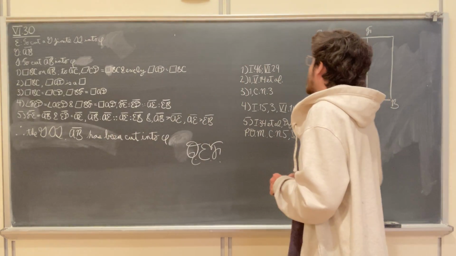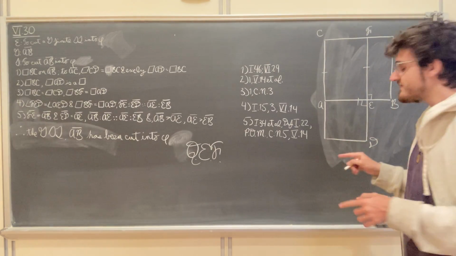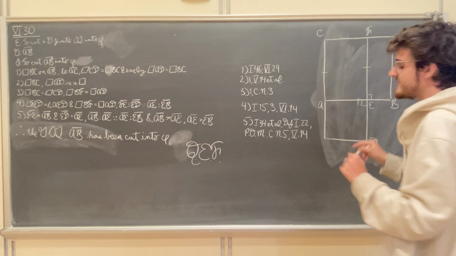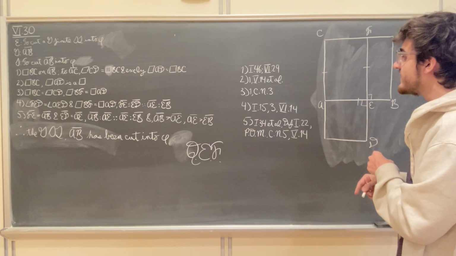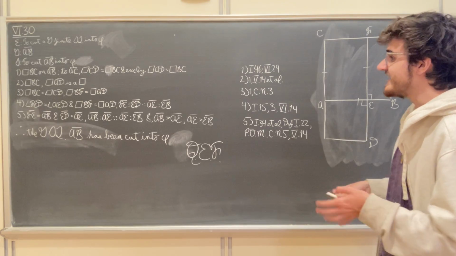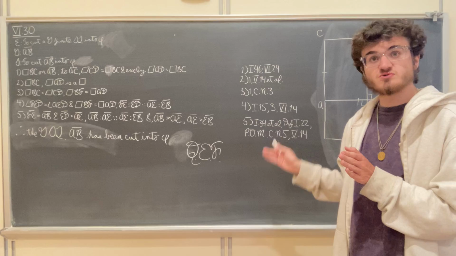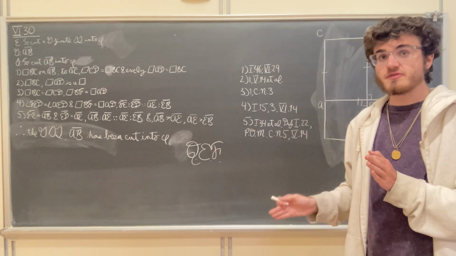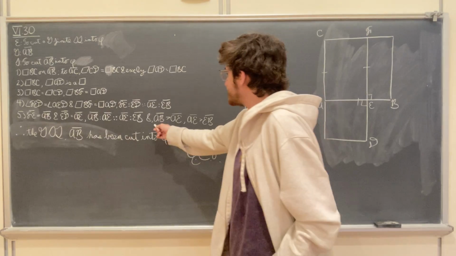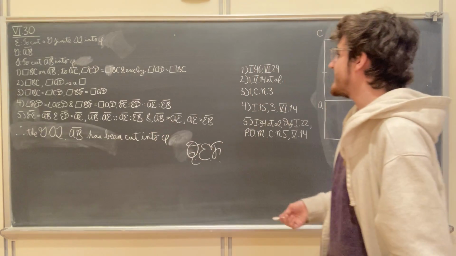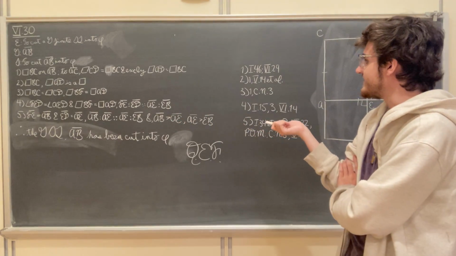Now, we know that AB is greater than AE by common notion 5, right? AE is a part of AB and the whole is always greater than the part, so AB is greater than AE, which means by VI.30, if a first magnitude is to a second, just as a third is to a fourth, and if the first be greater than the third, then the second will also be greater than the fourth. So because the first AB is greater than the third AE, the second AE must be greater than the fourth EB,